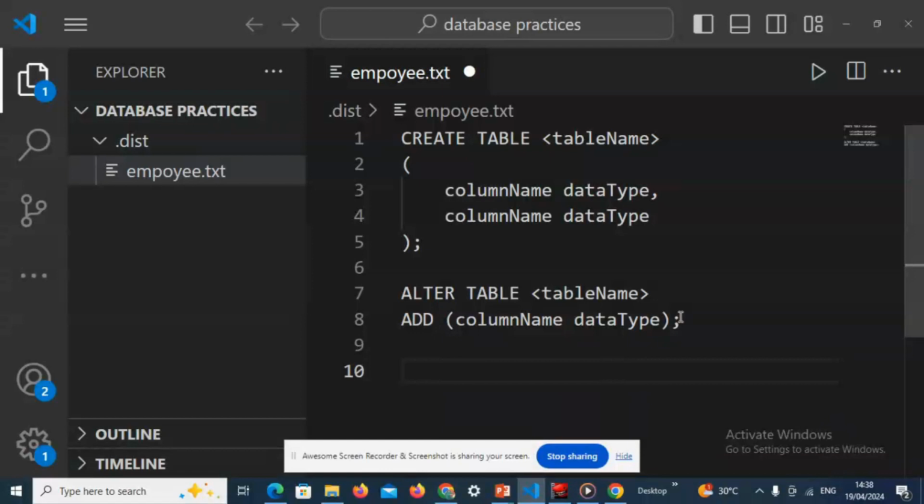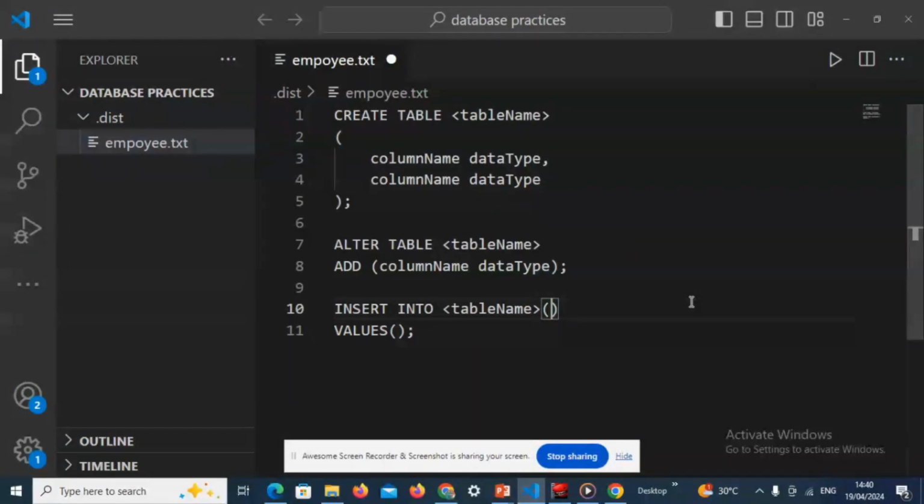Now to add data to a table, we use the following syntax. So these are the different syntaxes that we are going to use to create a table, add a column, and add data to a table. So let's launch MySQL